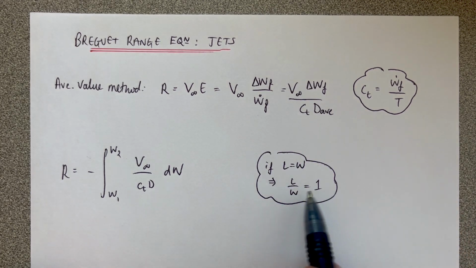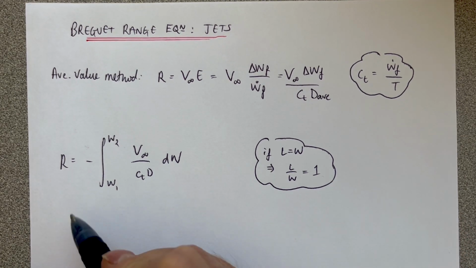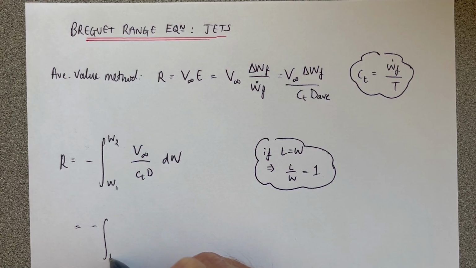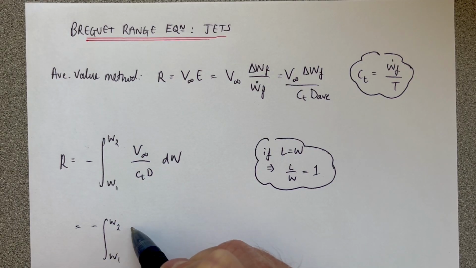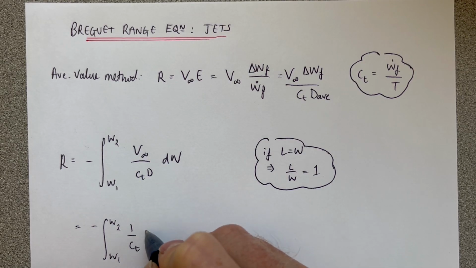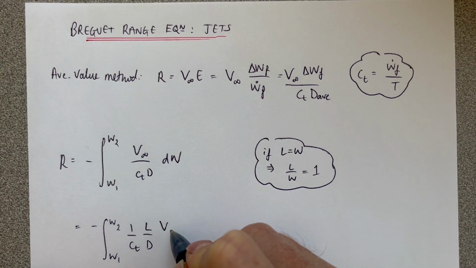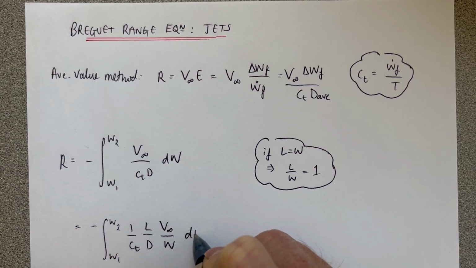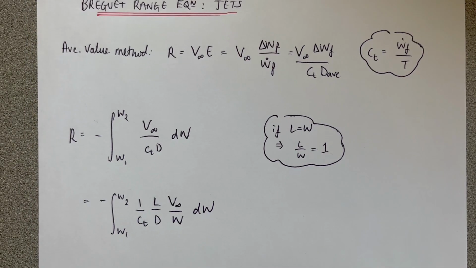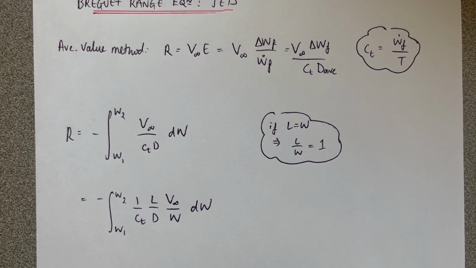So we're going to multiply by 1 in disguise in this equation, integrating from W1 to W2, and write this as 1 over CT, L over D, V over W, dW. The reason I've grouped the terms like that is so that we can isolate